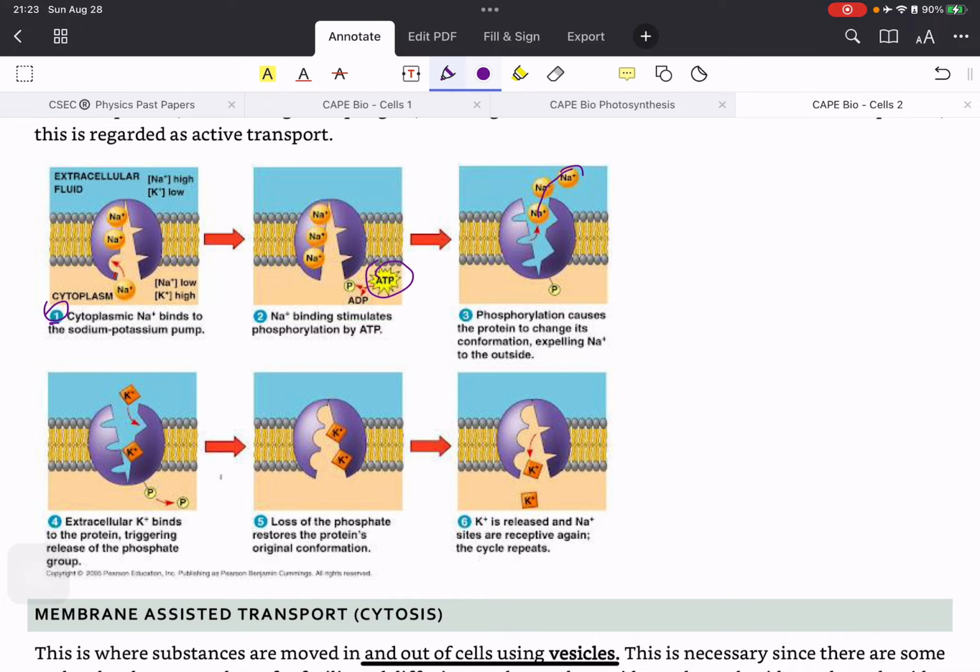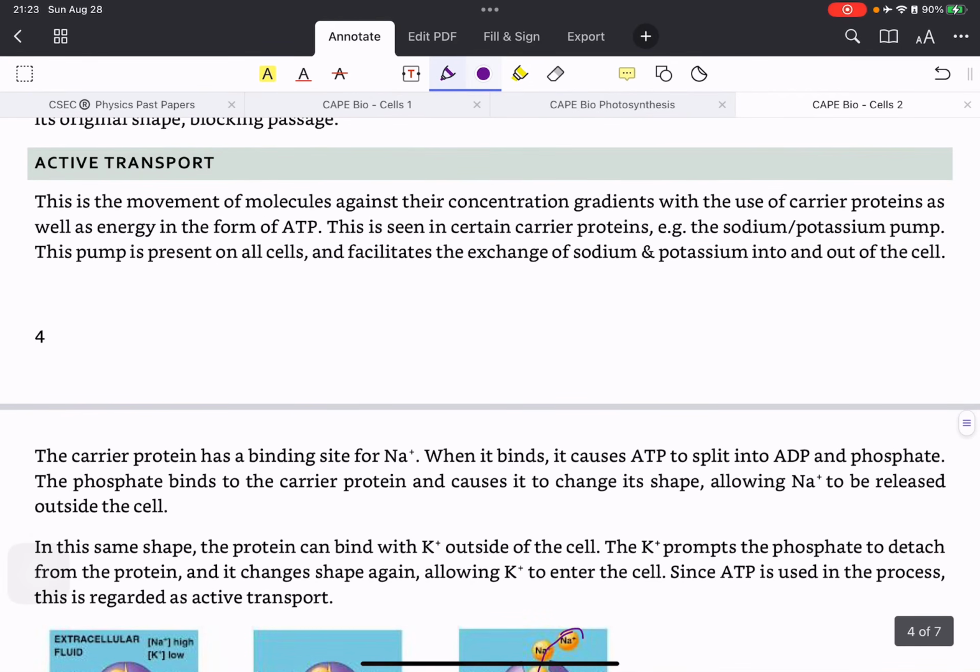Right? Now when it changes shape, it will allow potassium to bind to these other binding sites here. Right? And then again, the reverse reaction will happen, and then the carrier protein will open back out, and then the potassium will go inside the cell, and so on. It will go in a nice little cycle. That's why we call it the sodium potassium pump. Okay, so it all depends on ATP. Right? I have the note right here, active transport. Okay,